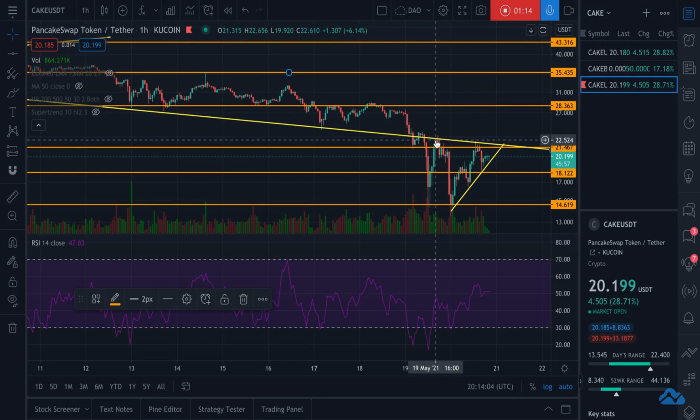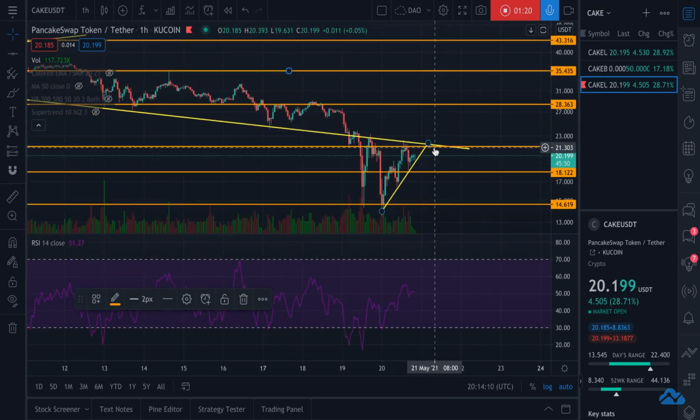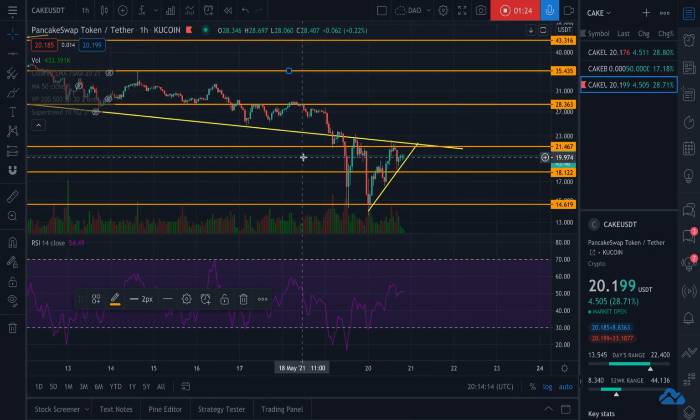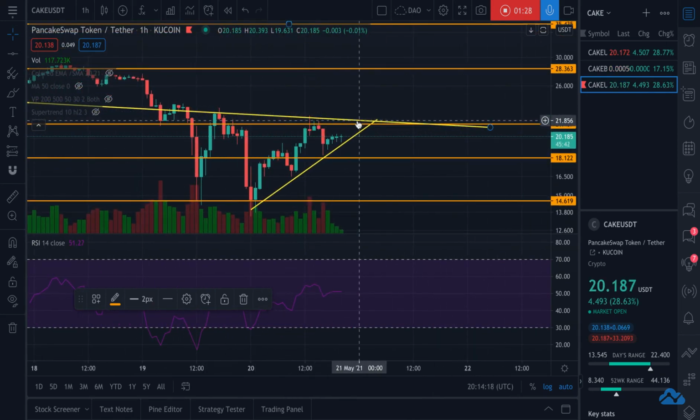And we've also been using this longer term trend line that used to be support as resistance now 1, 2, and 3 times. So seeing that it's been playing with resistance that much, we are going to come to a point around here where Cake is going to have to make a decision on whether or not it wants to go above this trend line and then use it as support, or whether it wants to go below this one and possibly use it as resistance.